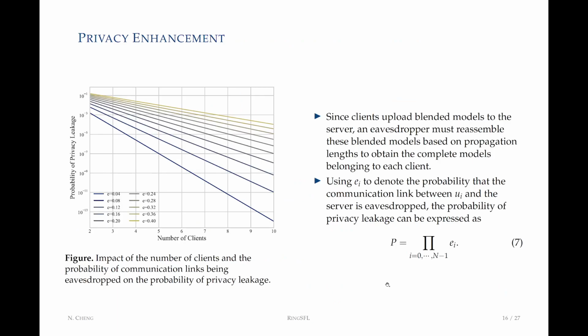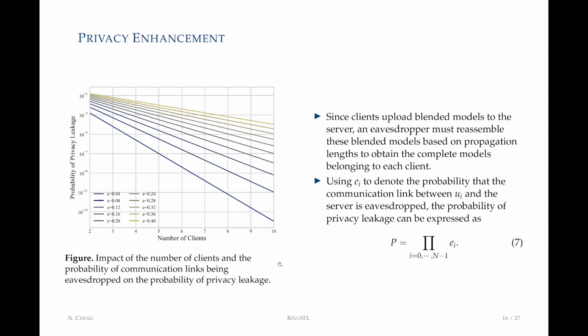As discussed previously, conventional FL still faces the risk of privacy leakage. In the RingSFL, on the other hand, clients upload the blended models, where different layers in this model are trained by feature maps from different clients. So eavesdropping on models uploaded by a single client cannot obtain the complete model parameters of this client. The only possibility of privacy leakage is that there is a super eavesdropper who can eavesdrop on all the models uploaded by all the clients,